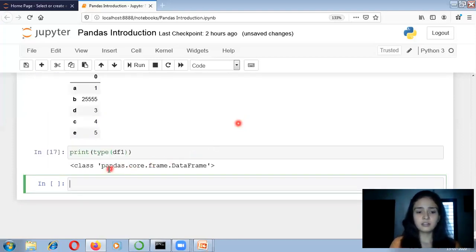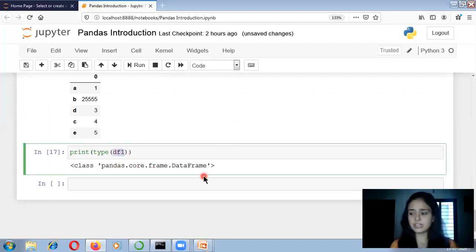Then you can see that over here it is showing the type, that is class pandas.core.frame.DataFrame, and it is of type DataFrame. So this is my object df1, it is of type DataFrame. So overall, at last, what you have to remember? You have to remember that series is the one-dimensional object of the pandas library, and data frame is the two-dimensional object of the pandas library.